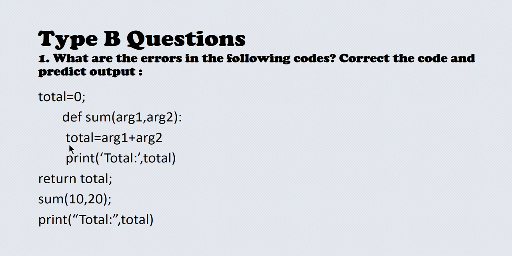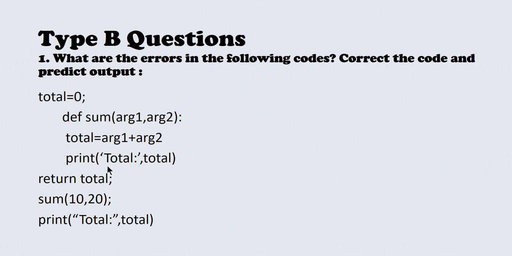However, here the only one thing you need to understand is that this total variable is a local variable total, it is not the global variable whatever you declared outside the function, right? So here whatever you change, the scope of this variable is within the function. You cannot use this variable, or you cannot access this particular value outside this particular function, right? So that is the one.